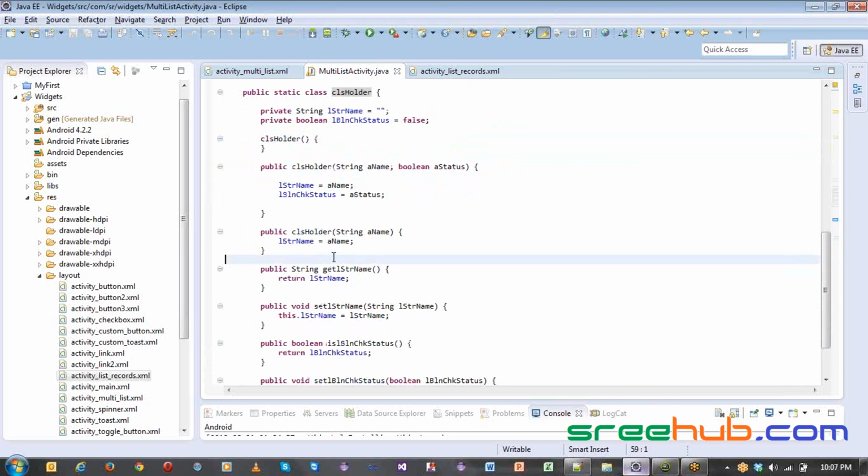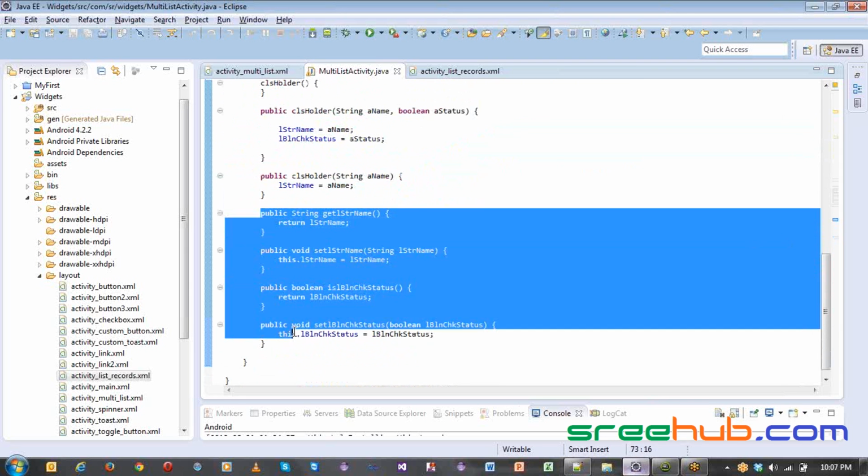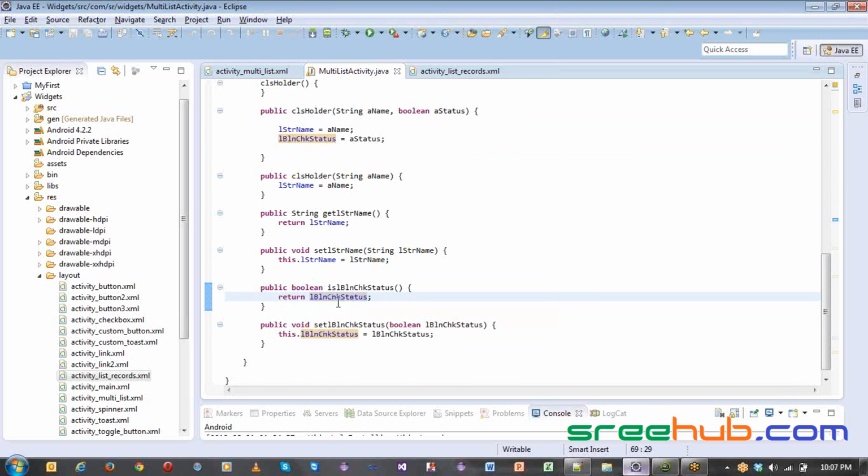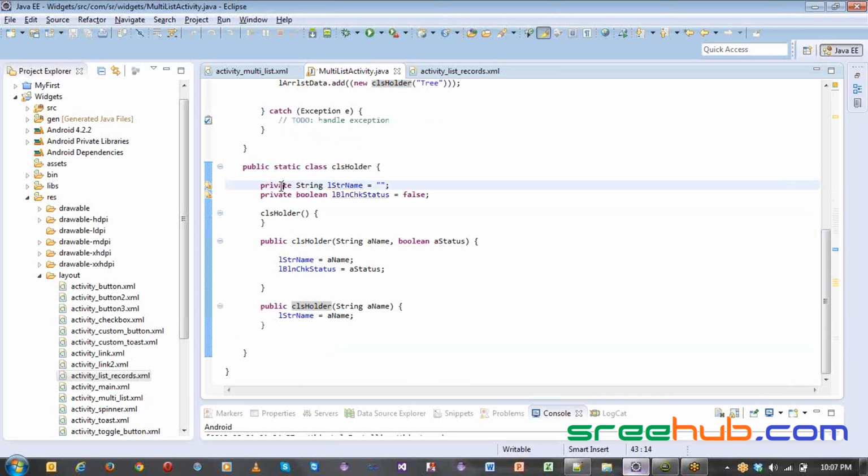So I don't have to create these getters and setters, but this is a nice way of doing it. That's what I created these for. You don't need to do that. So let me remove this, and you can just do it as public. Yes, you can do that. But the only thing is, we should not